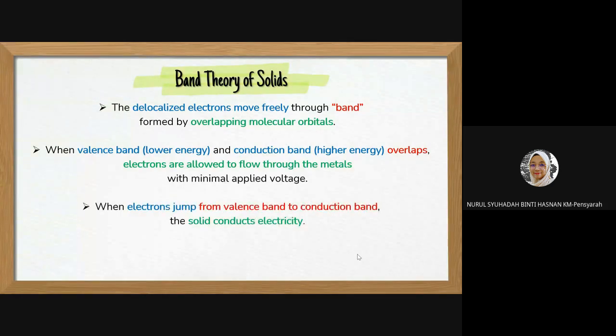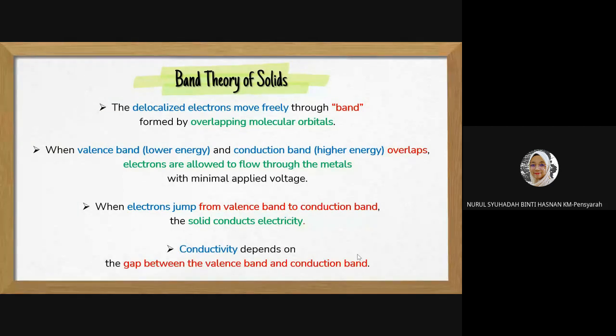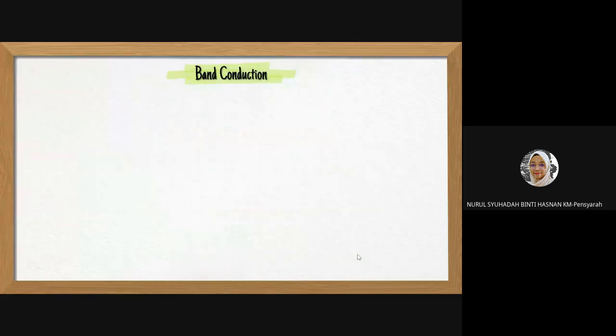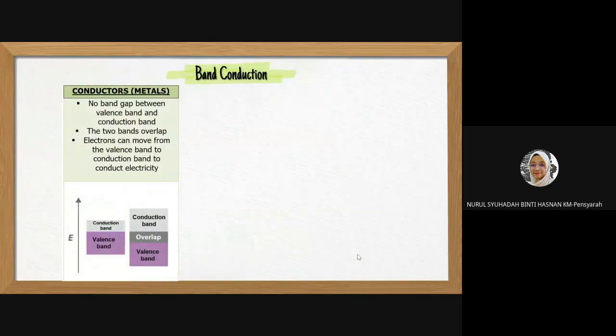Okay, so when electron jump from valence band to conduction band, the solid conducts electricity. So the conductivity depends on the gap between the valence band and the conduction band. Jadi kita tengok dekat sini apa beza dia. So for example, okay, untuk conductor. So this is kita nak tunjukkan okay, the valence band and the conduction band. Okay, so dekat sini contoh,